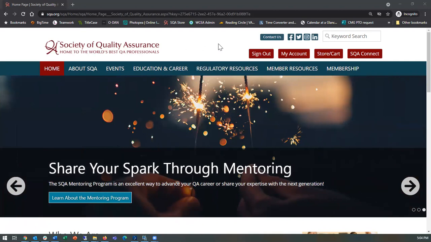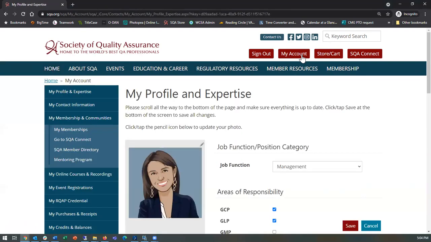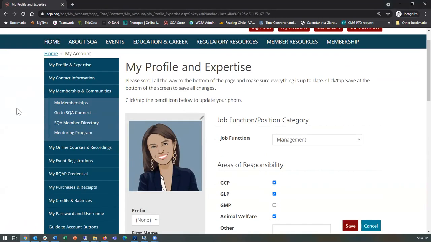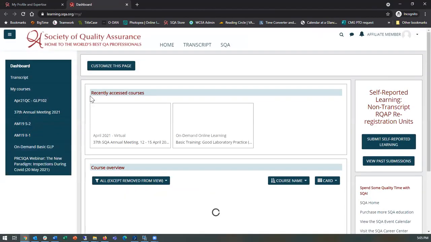Once you are logged in, you will see the My Account button here at the top. You will click on that and it will take you to an account page with your profile information. Here on the left side, you'll see My Online Courses and Recordings. This is the way to get into the SQA Online Learning Center. So we will click on this link and it will open a new page and load the Online Learning Center